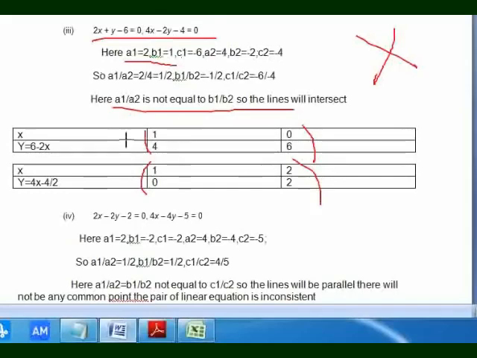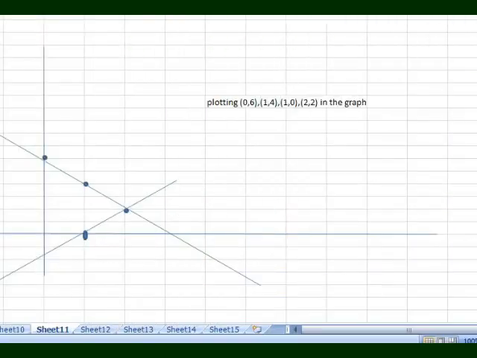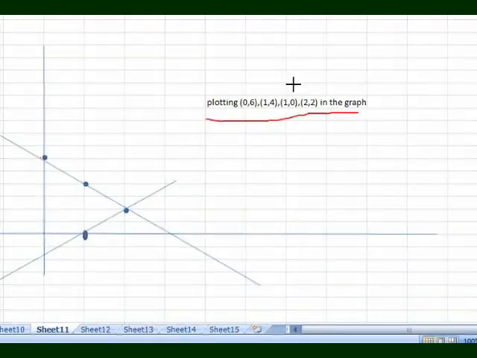So let us plot these four coordinates in our graph. So let us draw the graph by plotting the four coordinates that we have found from the two equations. First, this is supposed to be the x-axis and this is the y-axis. Okay, so we have made this graph in our Excel sheet. Assume the points 1, 2, 3, 4 will be placed on the x-axis, and on the y-axis similarly 1, 2, 3, 4, 5, 6. In this way the numbers will be plotted.